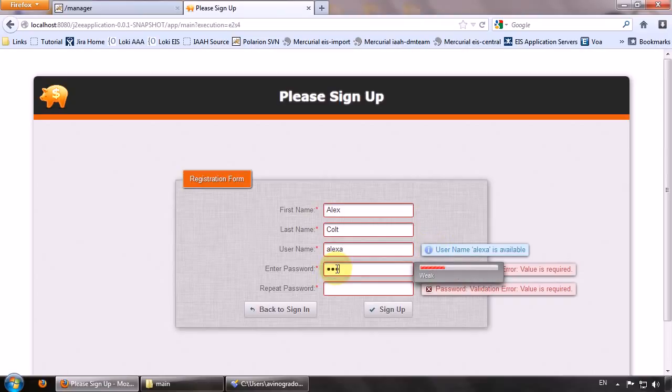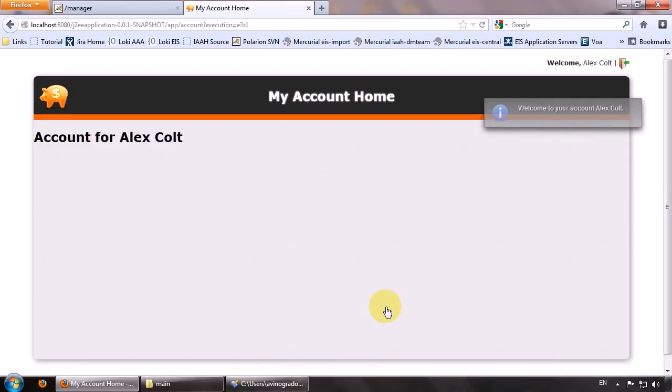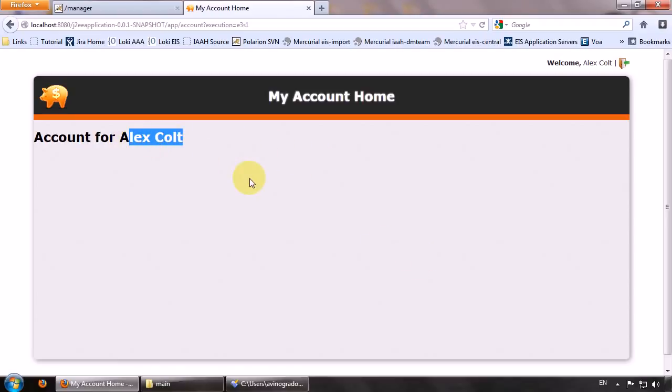So type in some password and let's try to create the user. We just created the user and it's been saved to our database. You see some greetings message with the first name and last name. And here's an account for the user we just created. It is an empty account by now. We'll put effort into account development